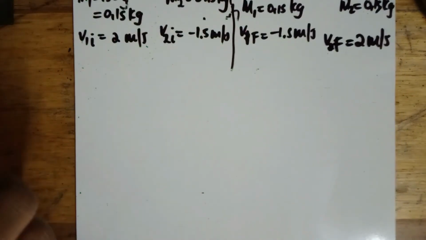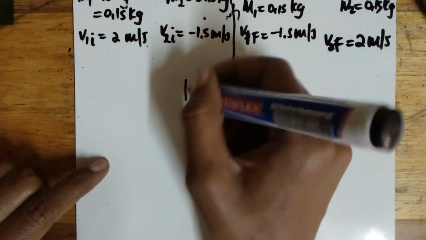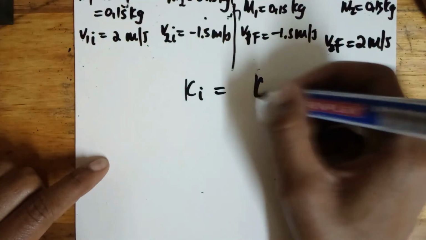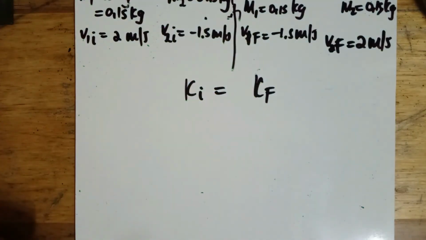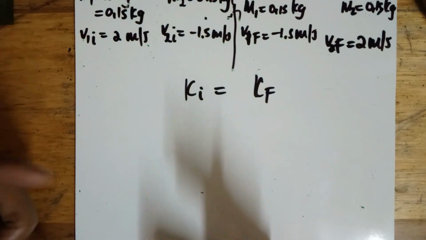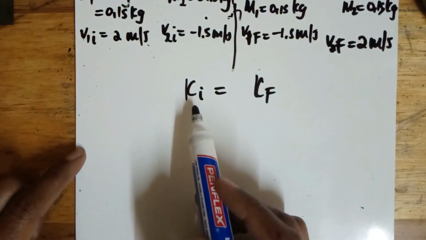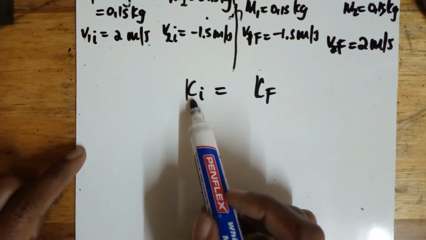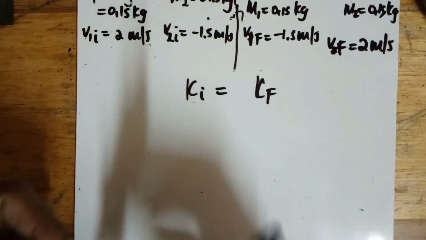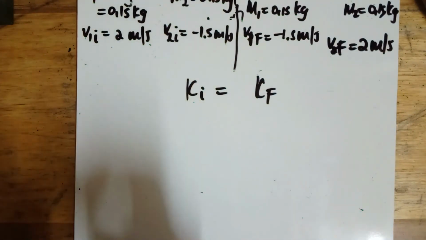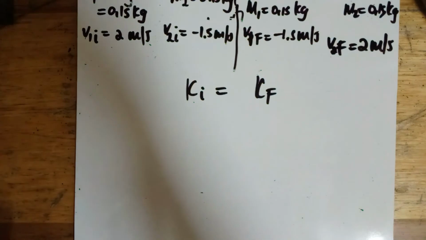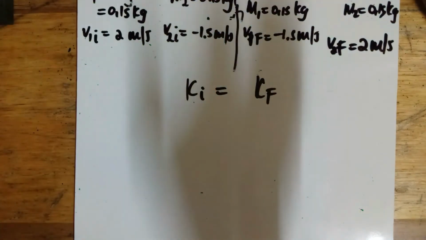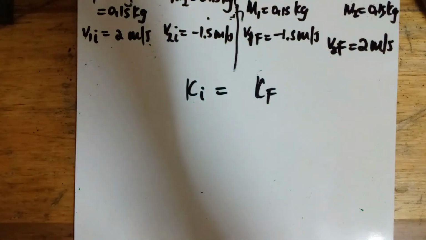But now, in elastic collision, the total kinetic energy is always conserved. And I have already introduced you to this formula where the total kinetic energy before and after collision is the same. So you are already familiar with it. So it's just a matter of calculating the total kinetic energy before collision and after. And if those two values are the same, then we would definitely know that